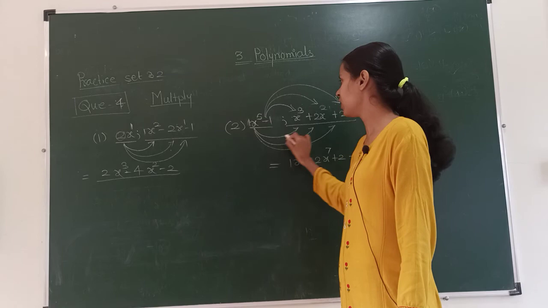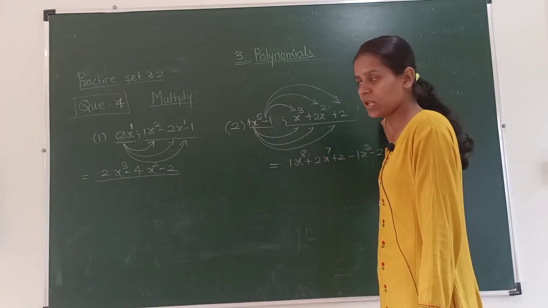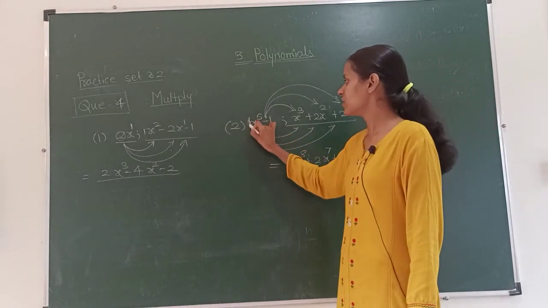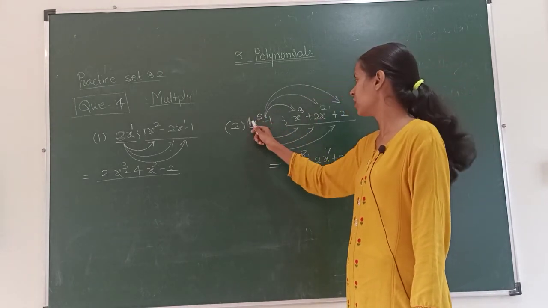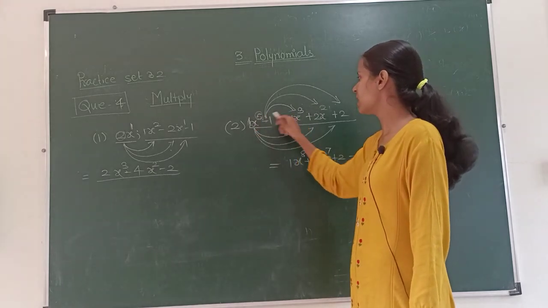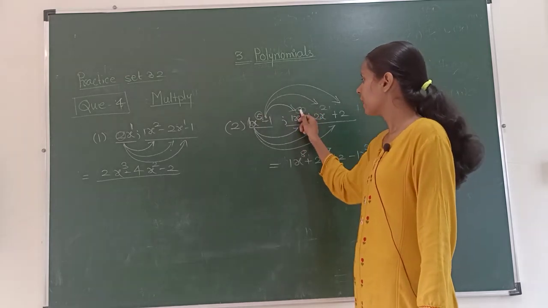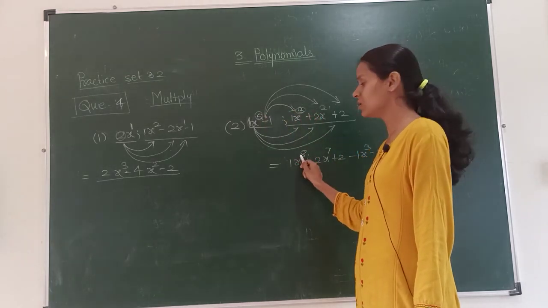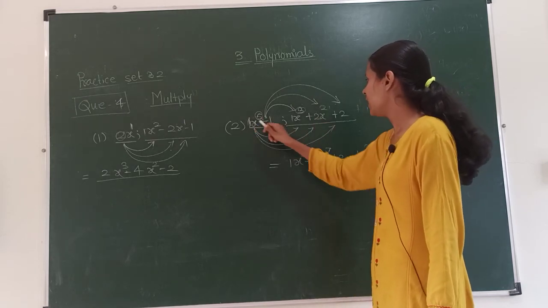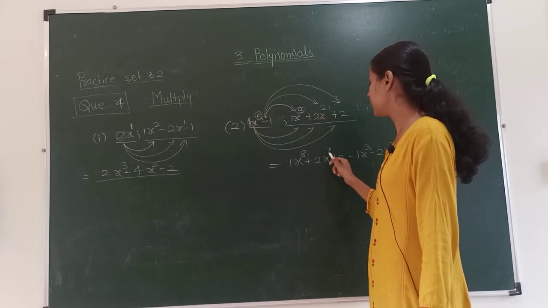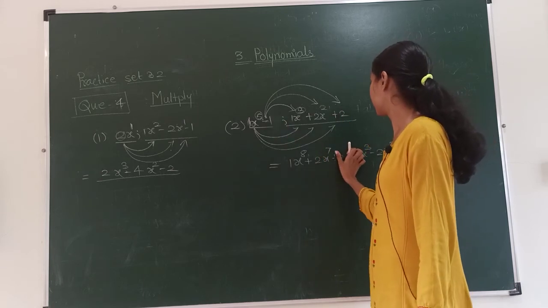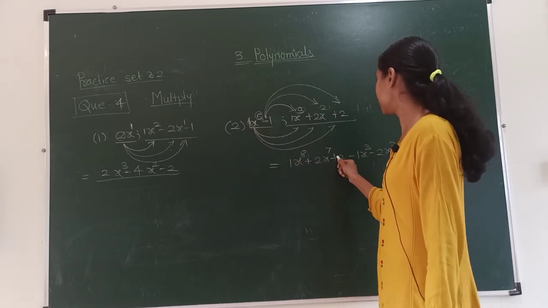We multiply the first term to the whole second polynomial, and the second term from the first polynomial to the whole second polynomial. Here the coefficient is 1. We are multiplying just the coefficients. 1 into this 1 is 1. x raised to 5, here the powers are 8 and 3. x in common, we are writing 5 plus 3 is 8. We are using rules of indices to add the powers. Plus 1 into 2 is 2, and here x raised to 5, power is 5 and here is 2. So 5 plus 2 is 7, plus 2 into minus 1 is 2 into 1 is 2. So here it is plus 2.